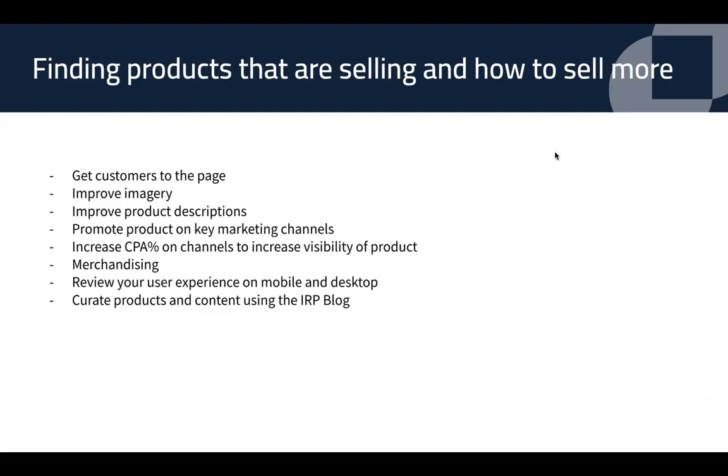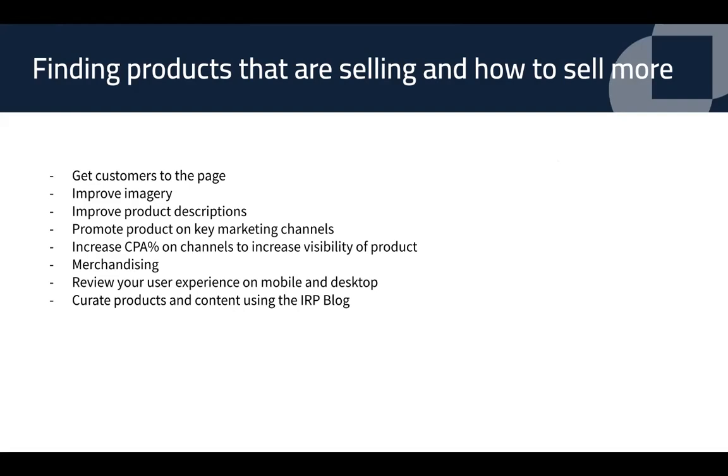Some of the key points and solutions for how to sell more products that are selling well: you want to get customers to that page. So if it has low views, you need to get more people there. As I touched on, you can improve your imagery, improve your product descriptions, promote your product in your key marketing channels, increase the CPA in those channels, and increase product level bidding,